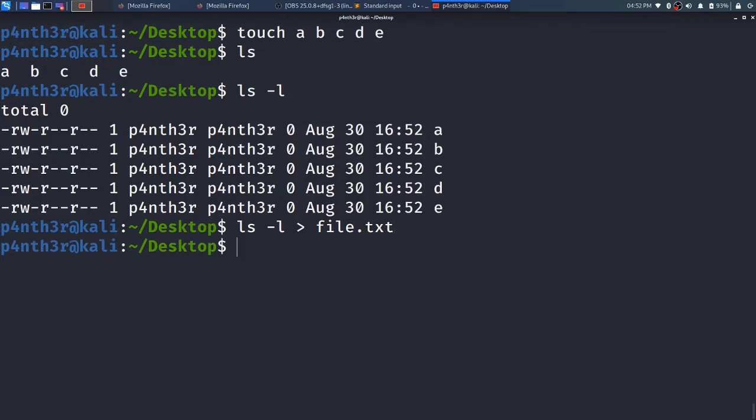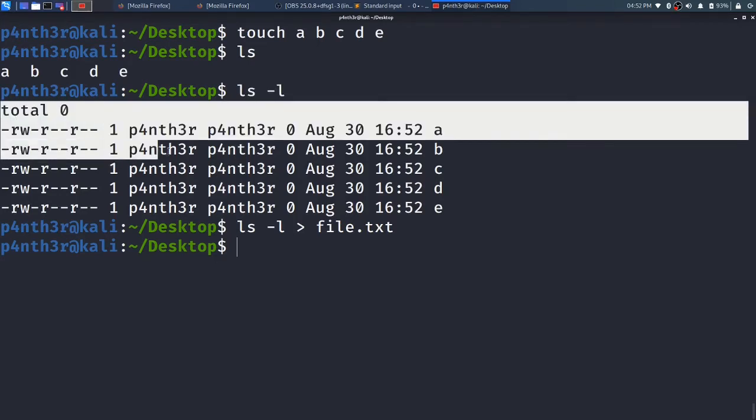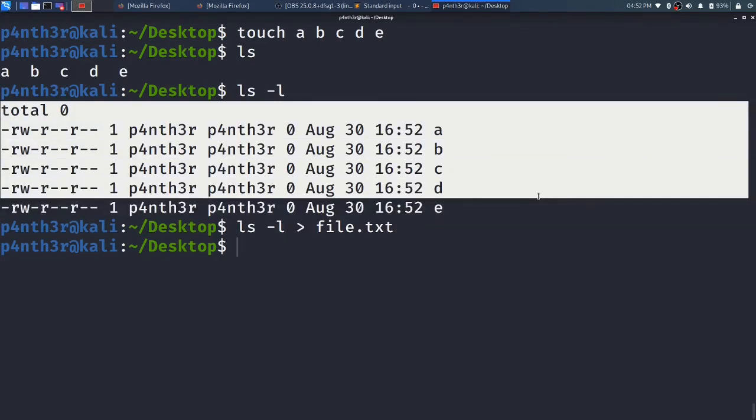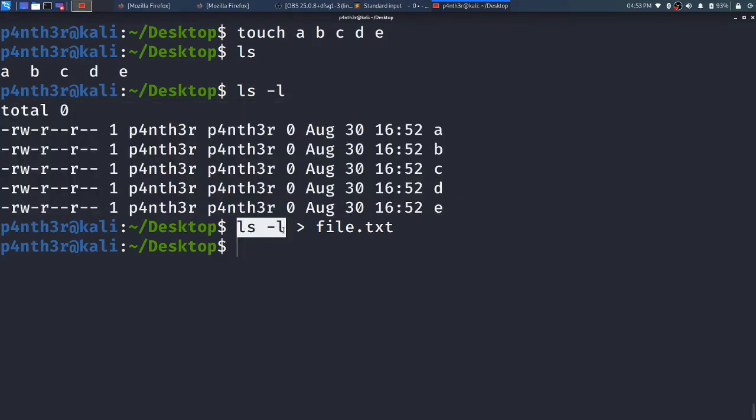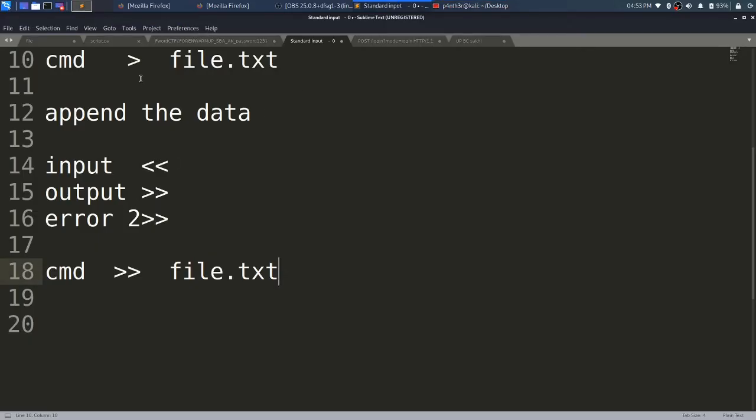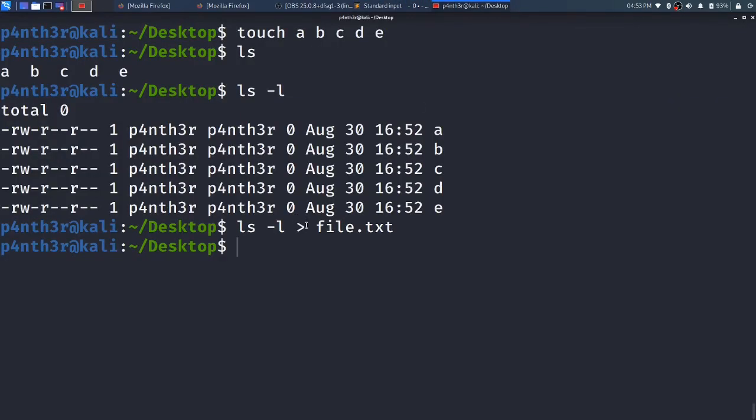I will press enter. You can see that previously, when I used ls -l, it showed me the output on the screen. But when I type ls -l and do the output redirection, as I showed in the theory, I am storing that output into the file.txt.